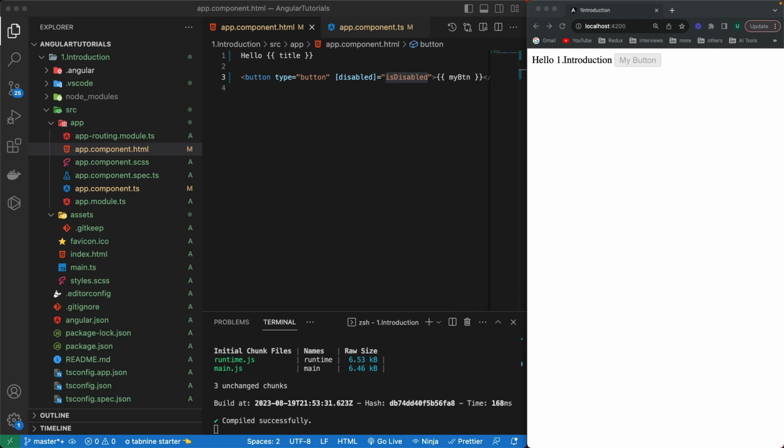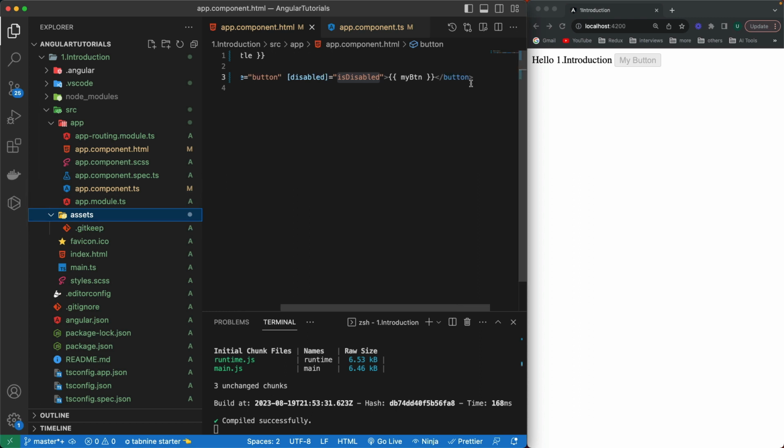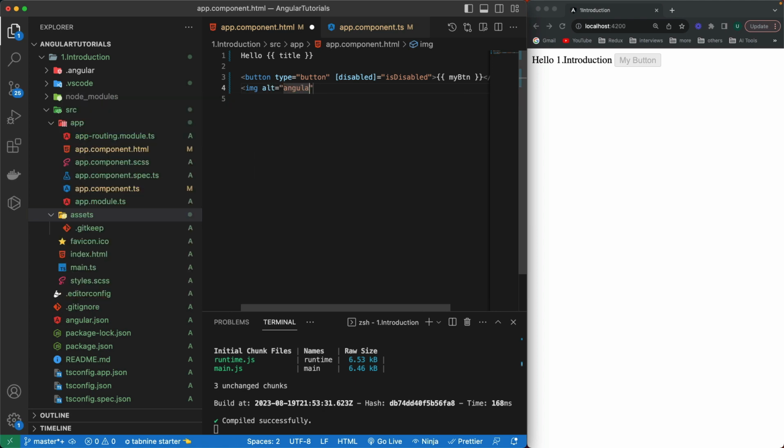All right, and similar to the button, we can have other properties. So let's say that we have an image in our assets folder in our project structure, and we want to show that image in our image element of that HTML. So let me create an image, this one, and alt, I'm going to give it an empty. Let's give it a width of 100. Let's give it the height of 100,